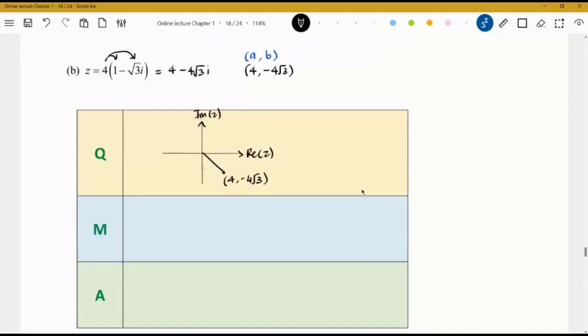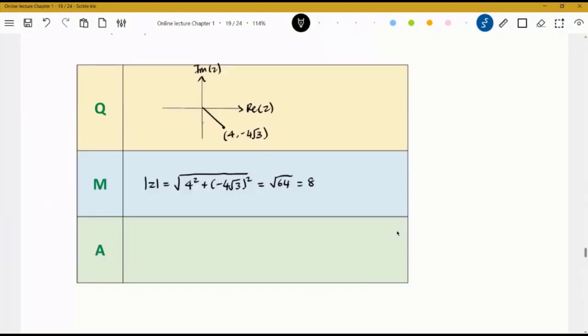So modulus, the same thing. So the square root of 4 square plus negative 4 square root 3 square. So kita akan dapat dia adalah square root of 64. To end up dia adalah single positive 8. Okay, so dia mesti make sure dia simplest form. Okay, itu adalah modulus. Okay, untuk argument, pada kuadran keempat kita ada formula dia, bila dia jatuh pada bahagian bawah,